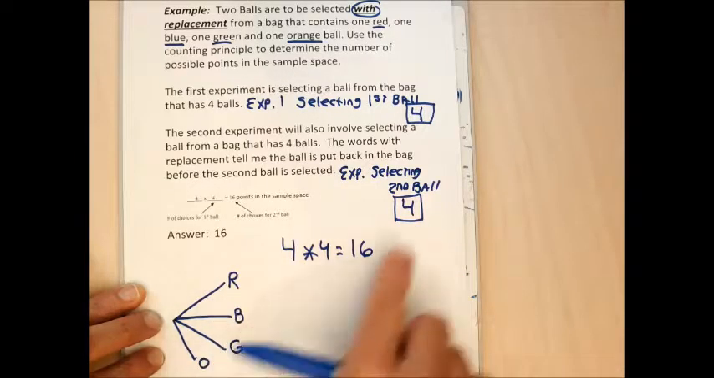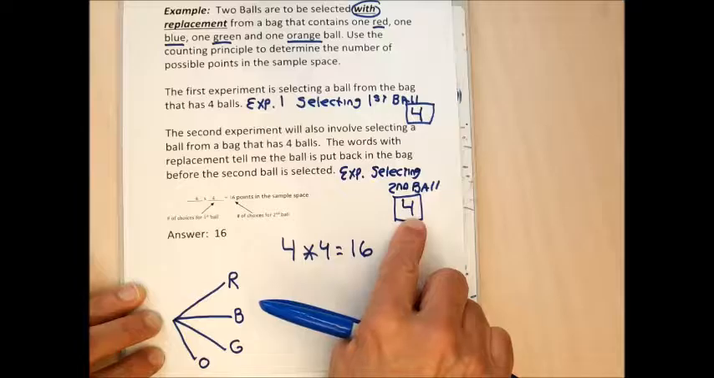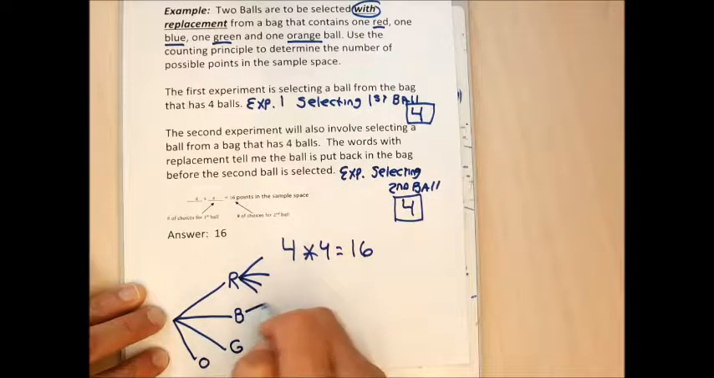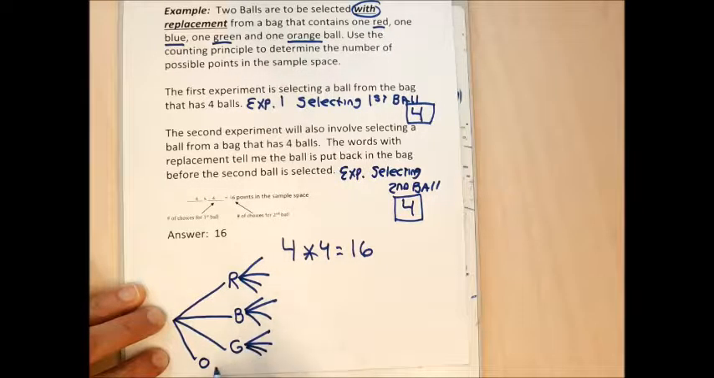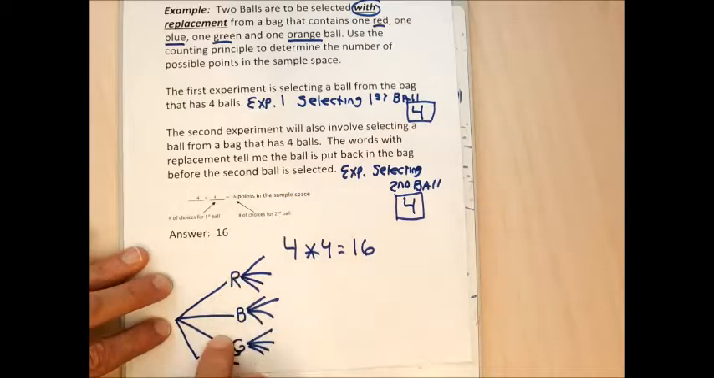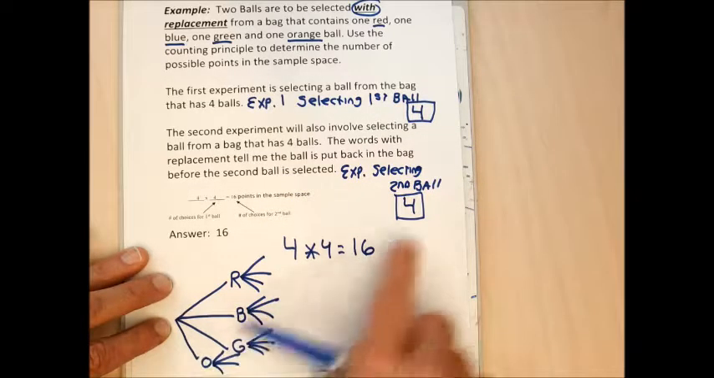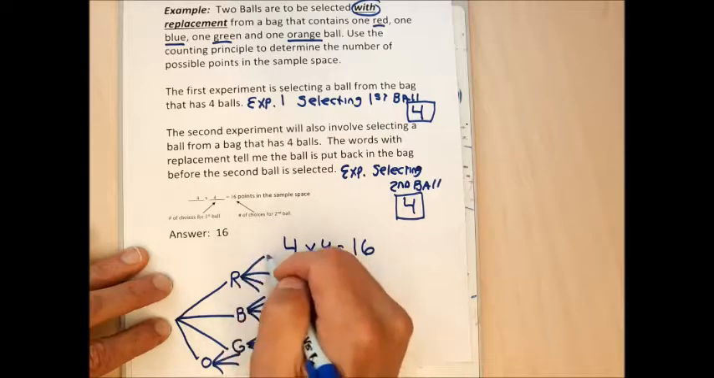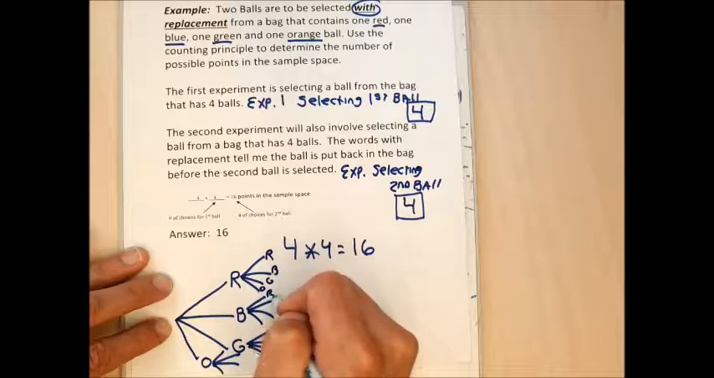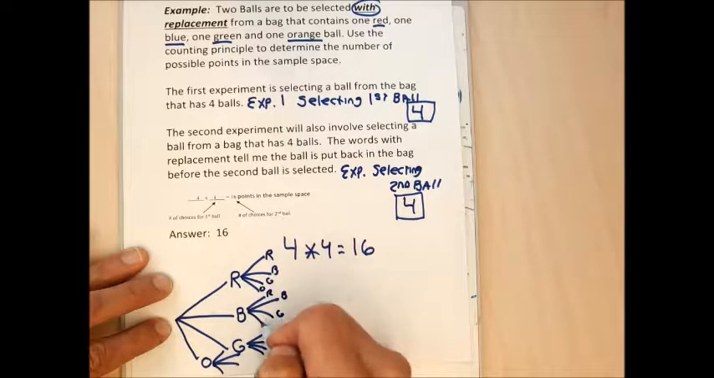From each one of these, I'd have to have 4 more branches because the second experiment also has 4 different possibilities. This would be a mess, but I could certainly do this if I had the patience to create the sample space. But the important thing is to know how to set it up. My first less than sign has 4 branches coming out of it, and then each of the letters here will have 4 branches coming out of it, and then I would just write down each of the red, blue, green, and orange again, because each time you could get any of the 4 because you're putting the ball back in,